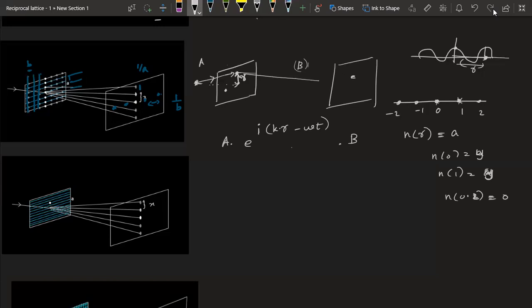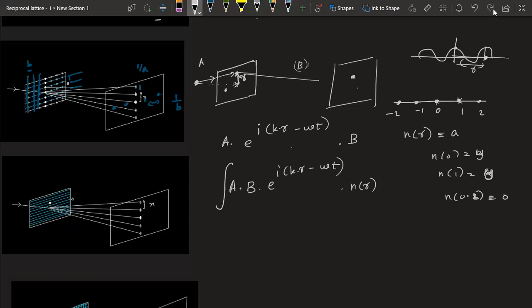So the total diffraction, the total sum of light that comes over here, is a sum of all the light emanating from all these points. We have to include all the points. A actually tells how the light travels from here to here, how the phase changes. B tells how the light travels from here to here. That's also a phase term, B. And e raised to i(kr minus omega t) tells you how it changes from atom to atom as we move around the atoms. And N of r tells where the atoms are placed. And you have to sum over the whole thing.